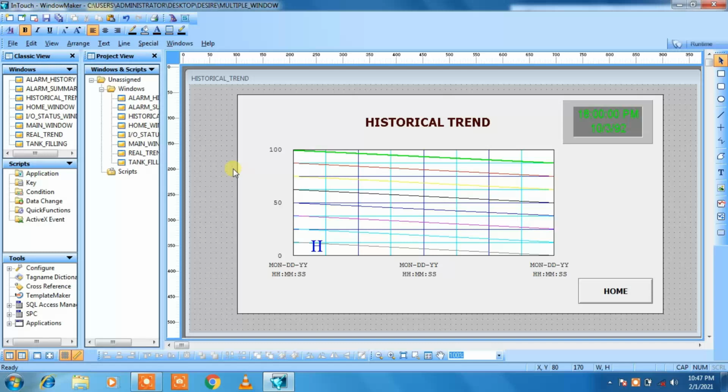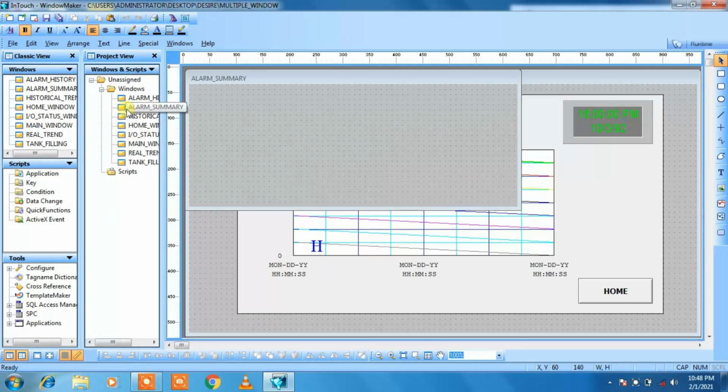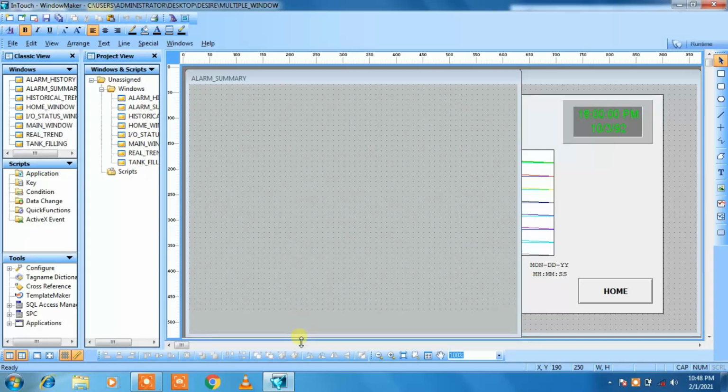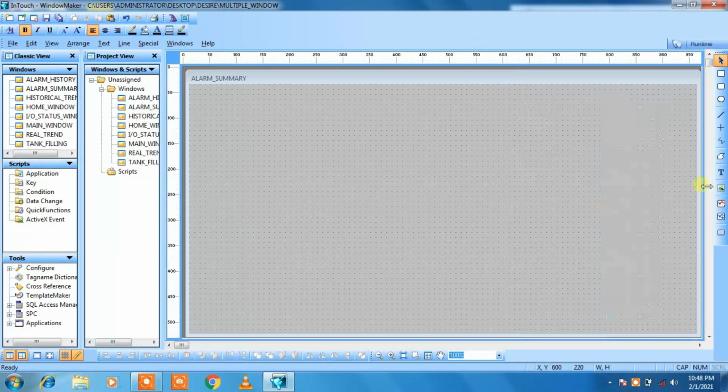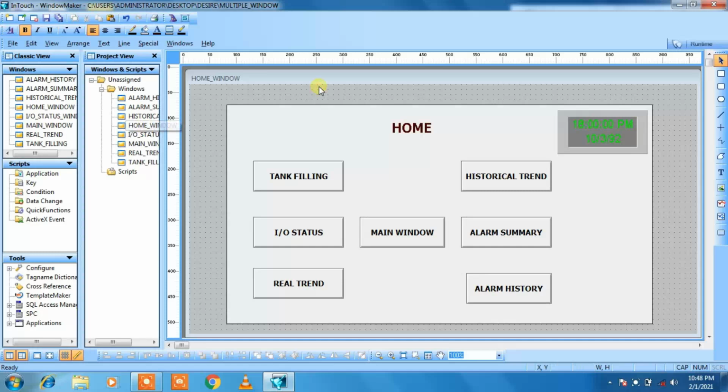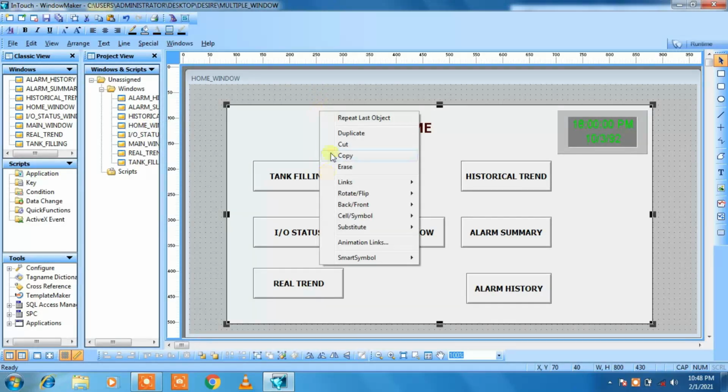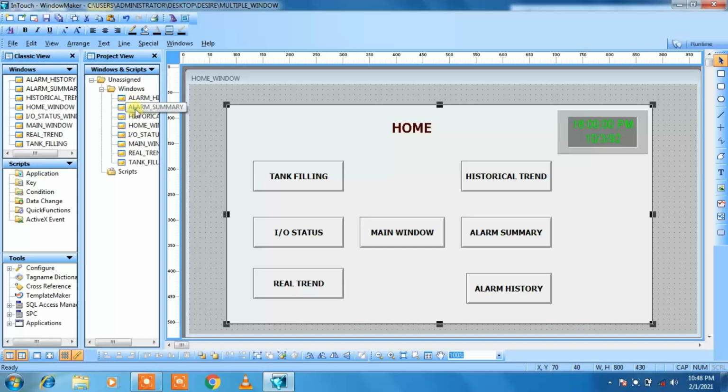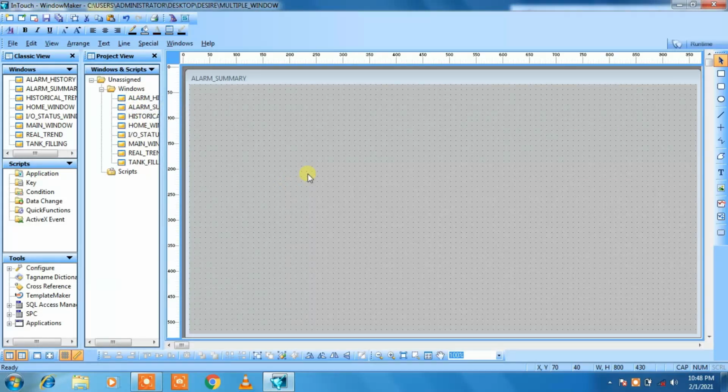Now our 7th number window will be alarm summary. So for that we will go to the alarm summary window, then make it large in size. Again here we want a white rectangular block, so let me select it from the previous window. Then copy it, then just paste it.